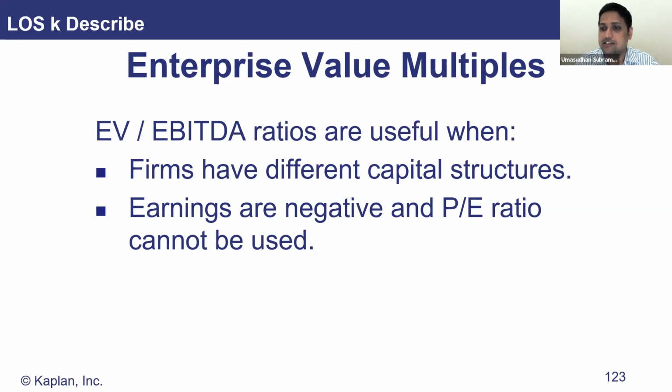So it doesn't make sense. So we want to measure the performance of the company without the impact of the capital structure. We want to identify a measure which is capital structure neutral, meaning that we want to measure the performance of the company beyond the capital structure, ignoring the capital structure, and that is when EBITDA comes into the picture. EBITDA is a measure which measures a company's performance regardless of their capital structure,